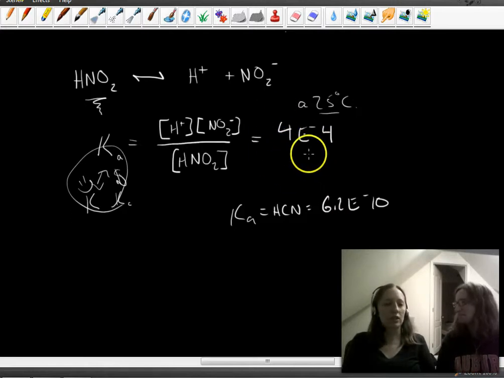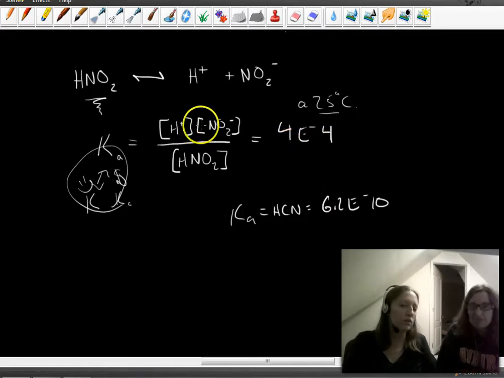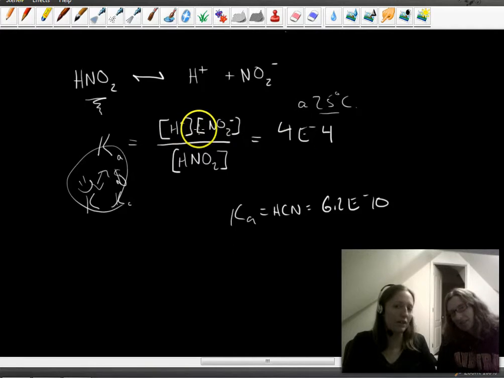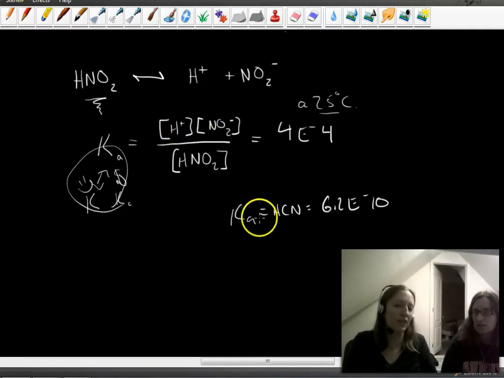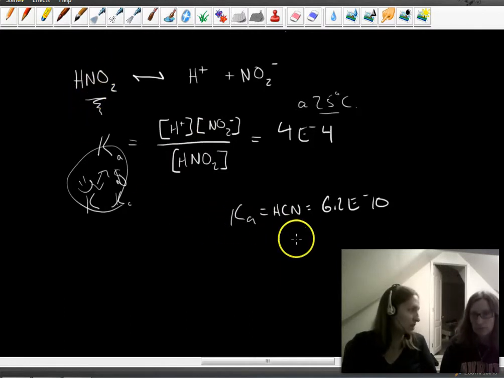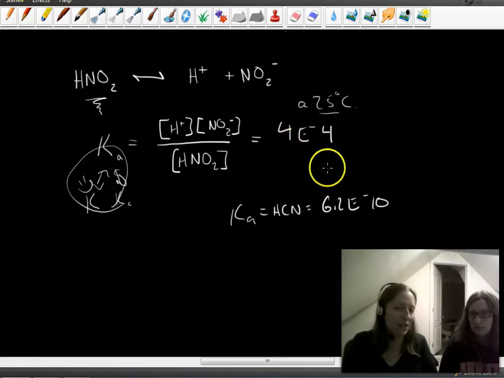So this one is larger. That means that there are more products. So there's more products. That means that this one dissociates more than that one. This weak acid, nitrous, is a stronger weak acid than hydrocyanic acid. So that's what you use these Kas for,